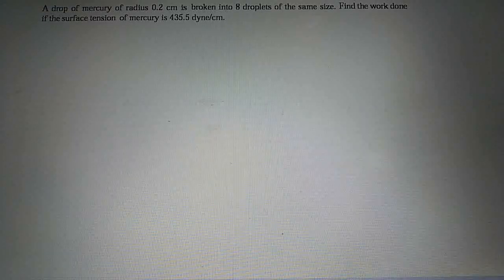The question is: a drop of mercury of radius 0.2 centimeter is broken into 8 droplets of the same size. Find the work done if the surface tension of mercury is 435.5 Dyne per centimeter. So here, this is a drop of mercury,